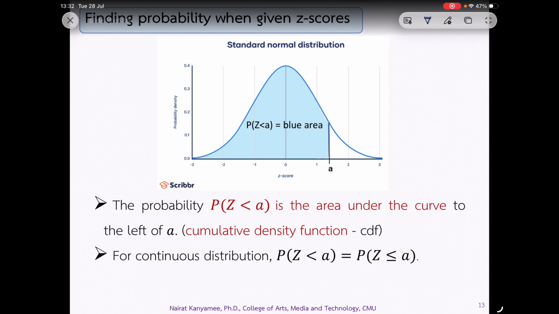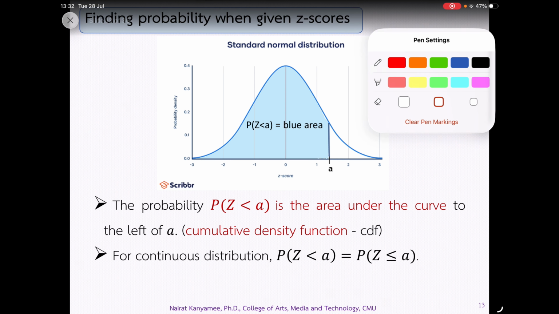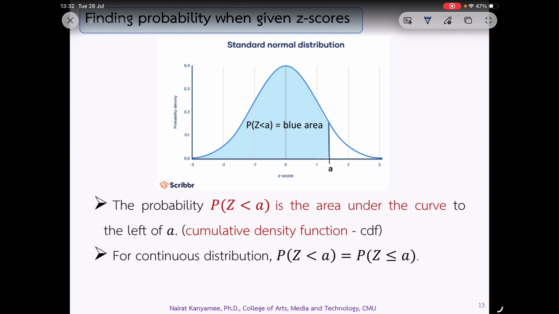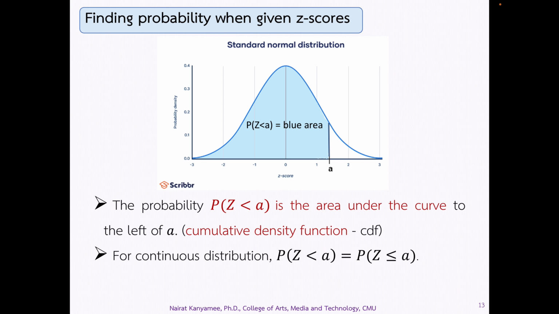Now, to find the probability for a given z-score, we can find the probability right here. When we find probability, we talk about the area under the curve. So if we are looking for P of Z less than A,